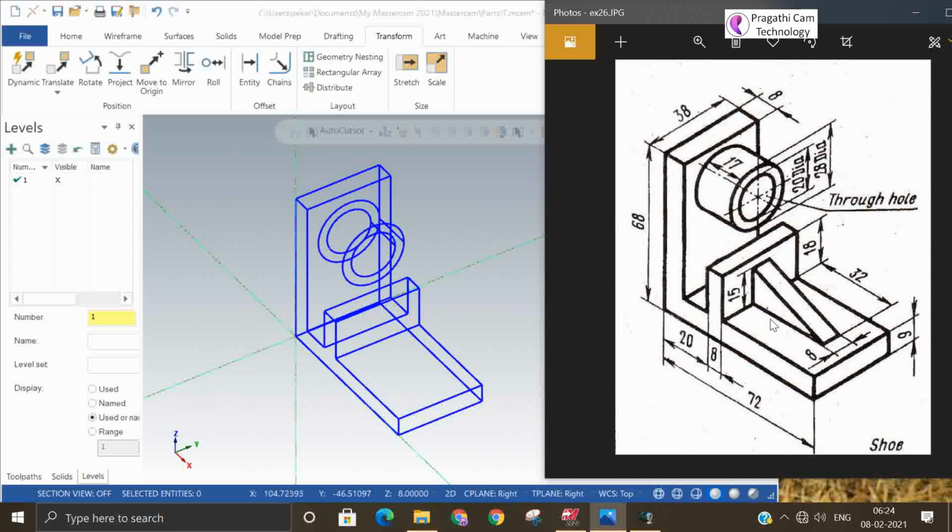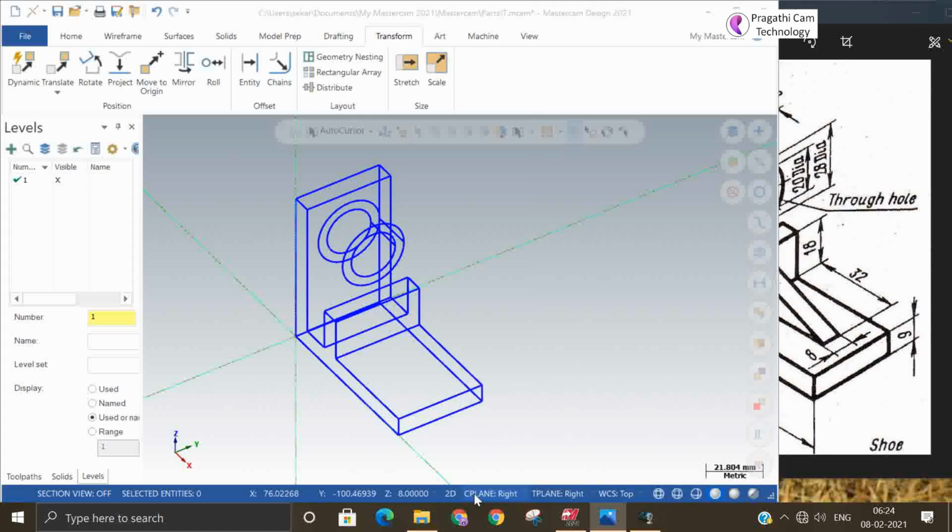Okay, now one small part. So in which plane can we construct this triangle? So you can make it in the front view. Then from there you can extrude 8 mm. So we'll see what the dimension is from there to here: 32 mm from that end, and its height is 15 mm.